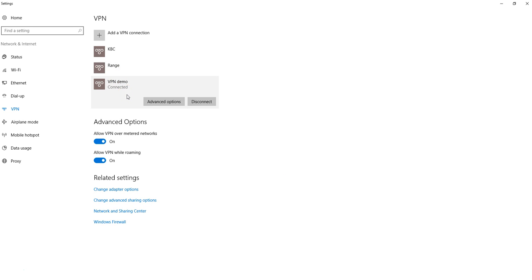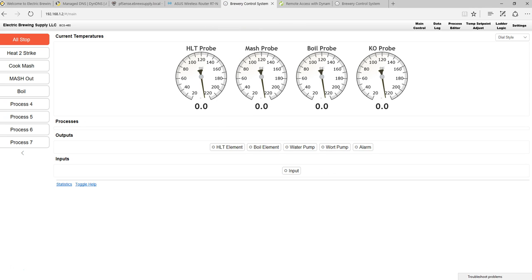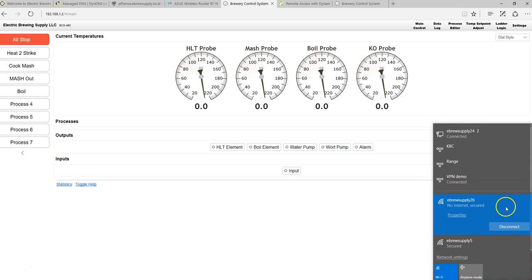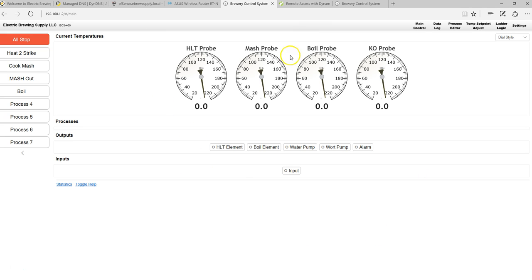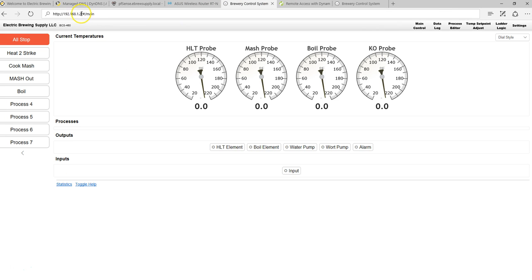So it took a little longer, again, first time, so not quite sure why it does take longer on the first try, but it does. But we're now connected, and in fact, I'm going to do this real quick just to demonstrate it. We're going to disconnect from the wireless. So now when I type in that IP address, the internal IP address, not the external, but the internal, we'll get the BCS unit. Now I'm doing this over the VPN connection. I'm talking to it. I'm not talking to it from outside